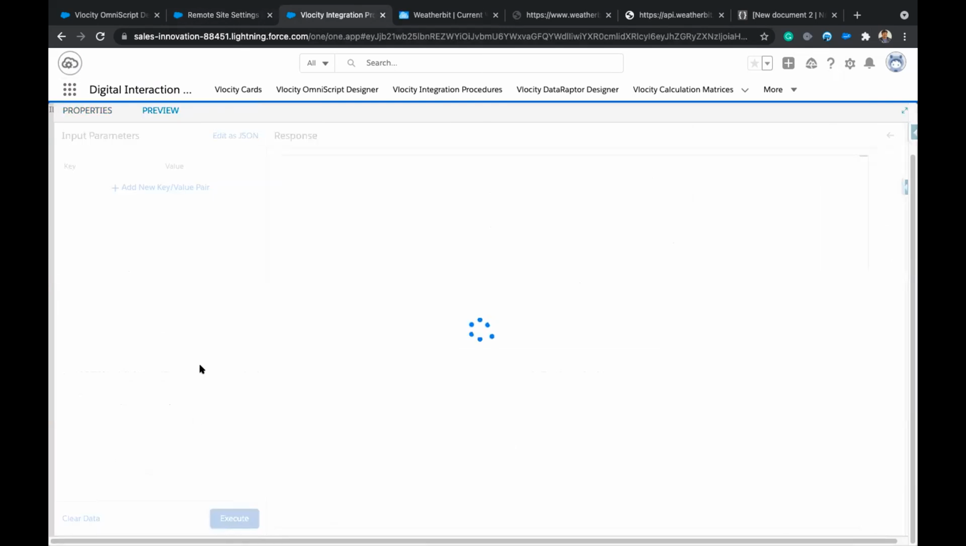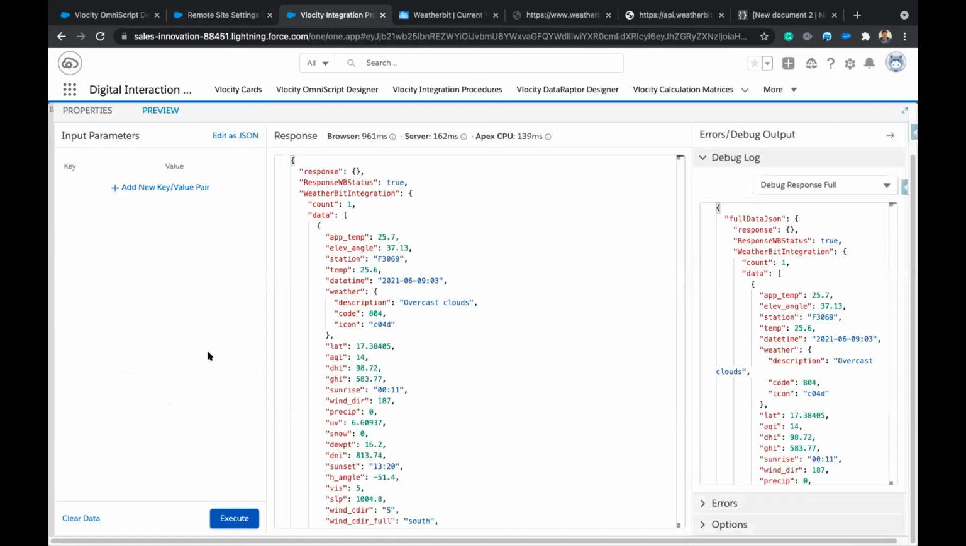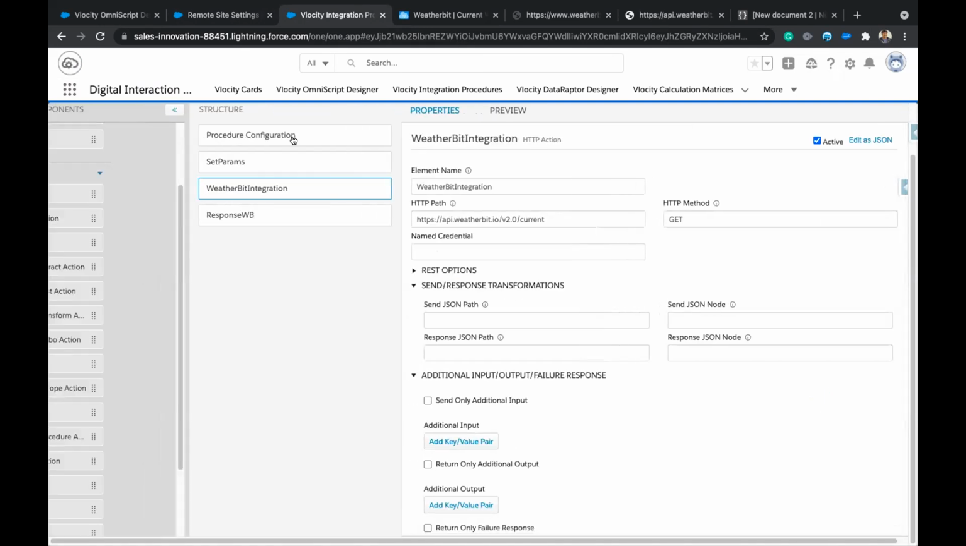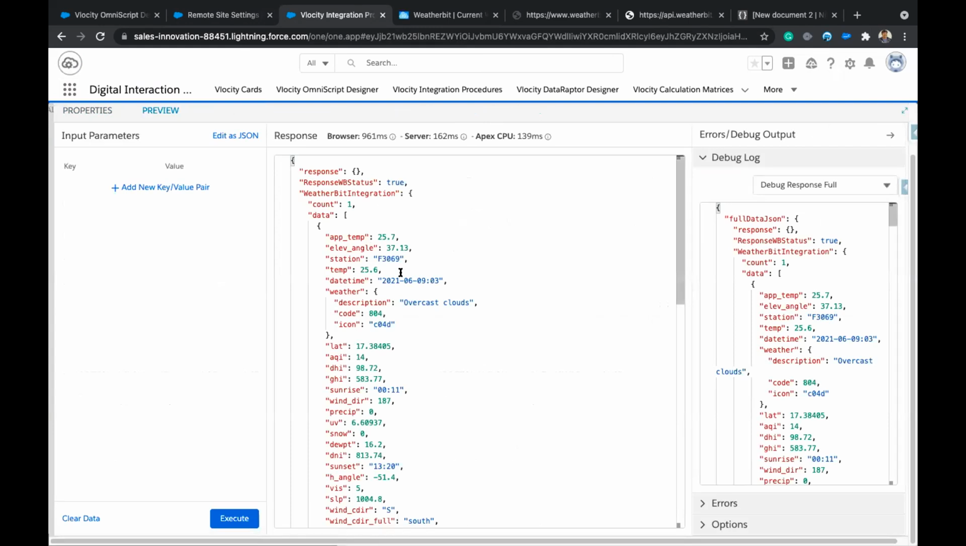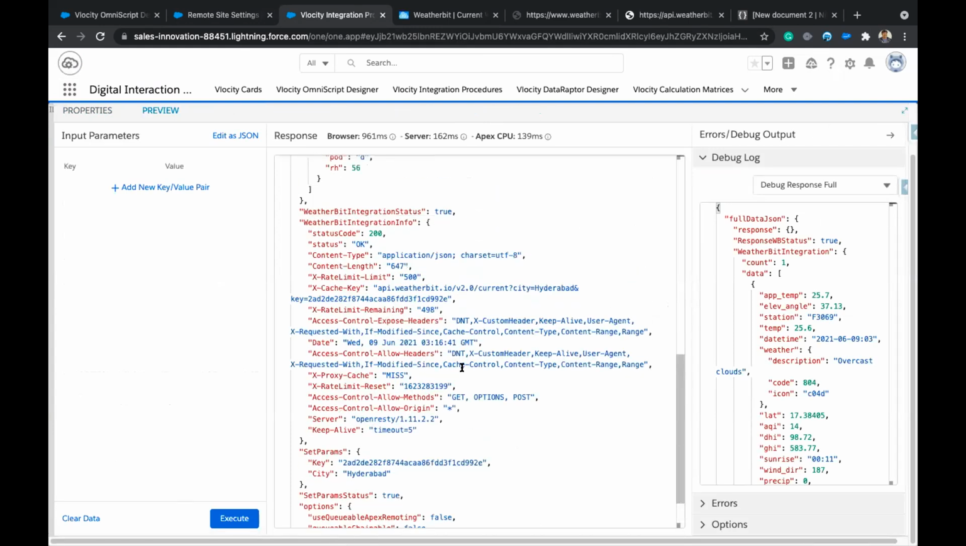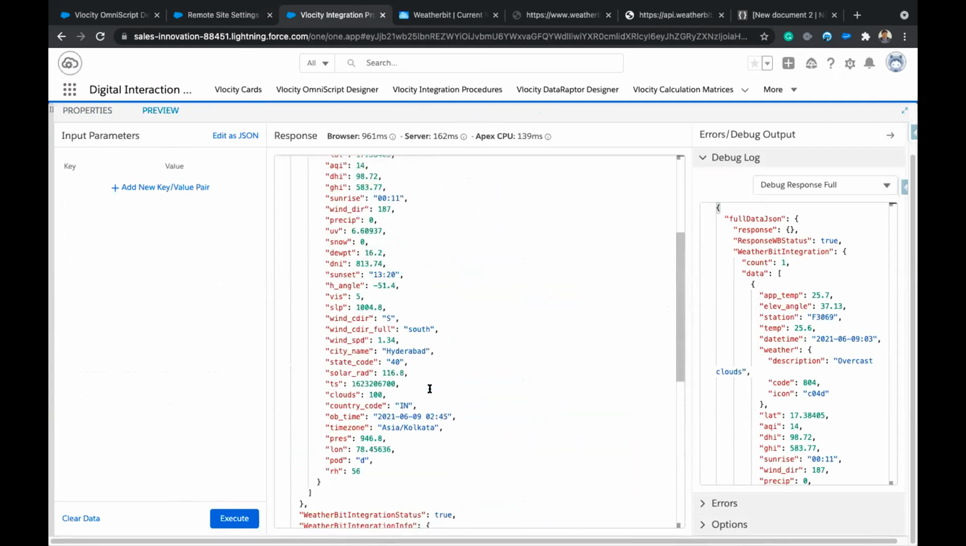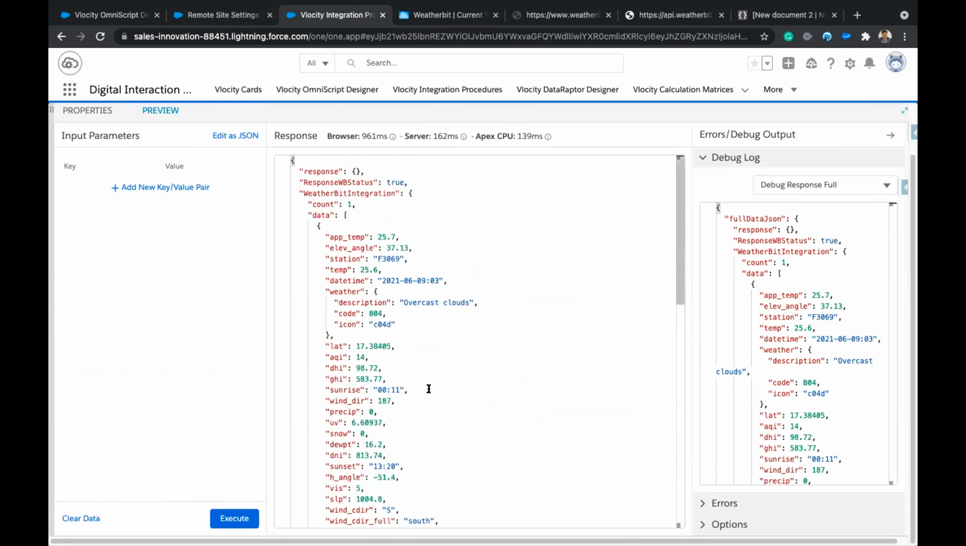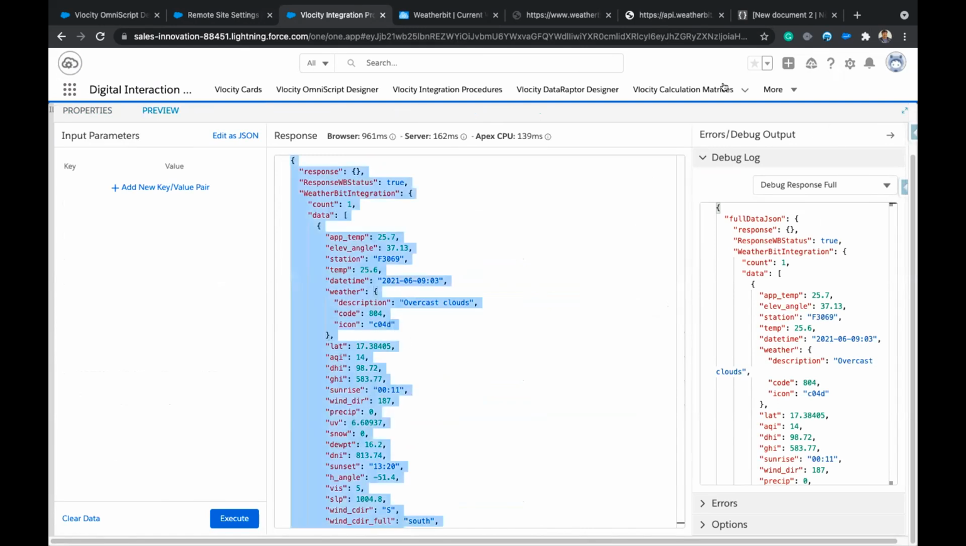I don't need to pass anything because I already have a key and the city hard coded there. So I got the response. I got everything. I'm returning the whole response. So instead of returning the whole response, let us take this